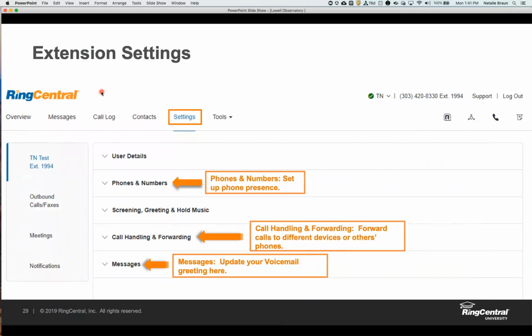So disregard that single sign-on, use your company email address and then your RingCentral password. And once you do log into the portal, you're going to see some tabs up here at the top. The one that we're going to be looking at is the settings tab. This is going to have some key features we feel are most beneficial for you guys when first setting